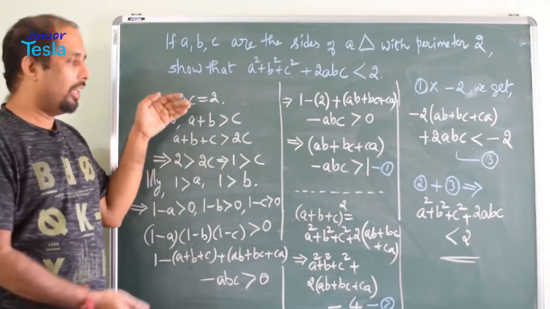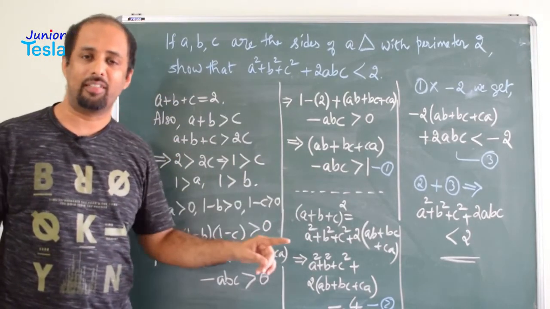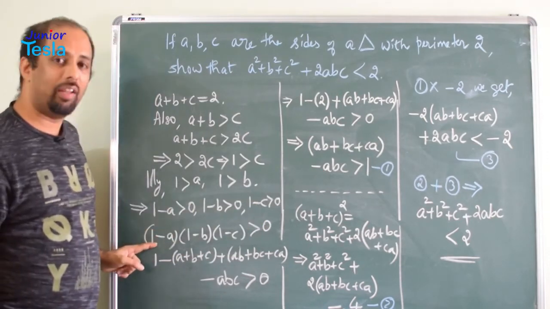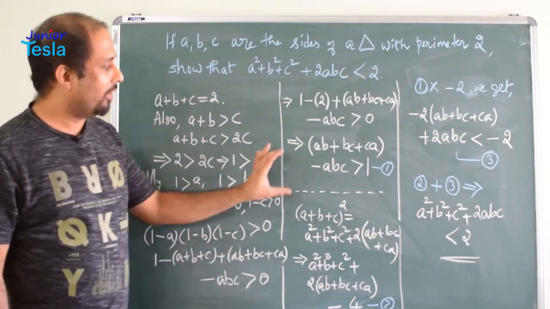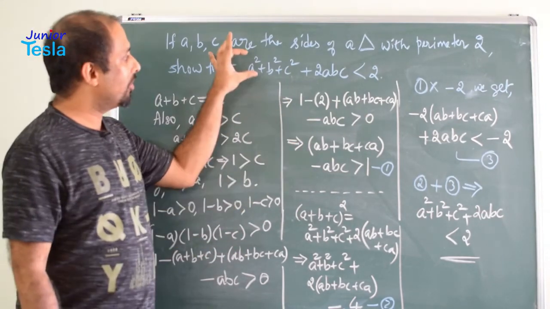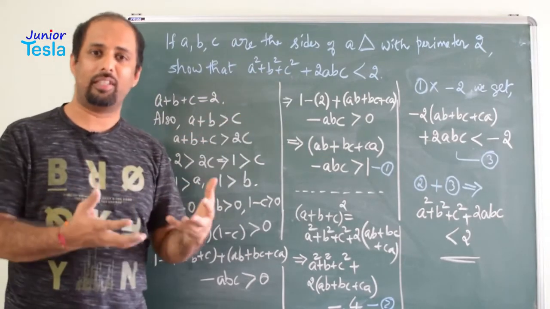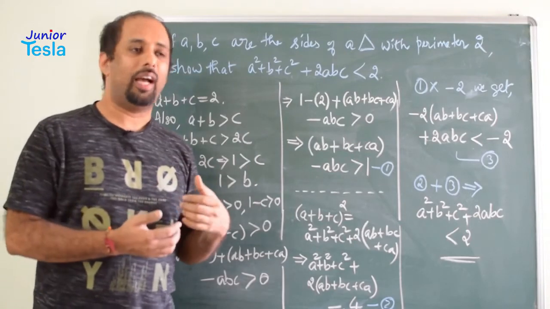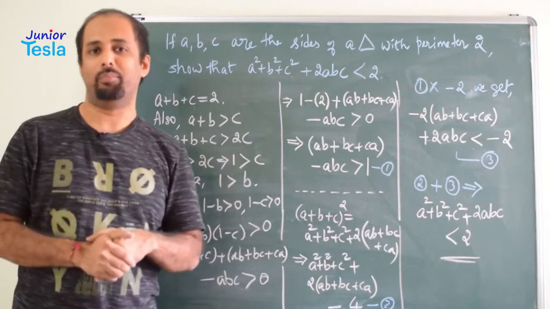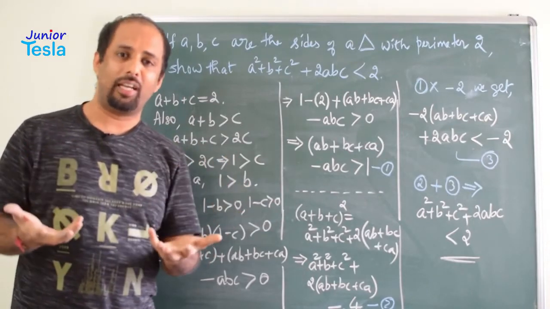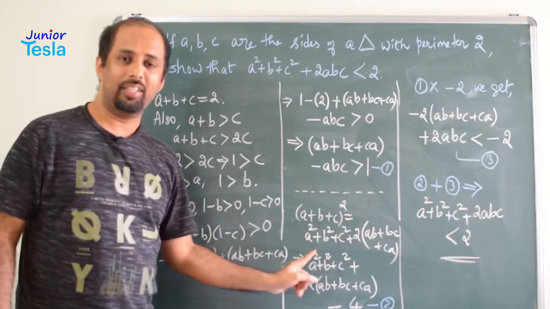We did that. Then we clubbed these two pieces of information and we got this, 1 greater than a, 1 greater than b, 1 greater than c. Then we wrote this inequality, multiplied all the things, and then we made use of the identity. Then we got this expression. Then again we went back to the problem. We saw what is given: a square plus b square plus c square is there in the problem, and abc is there in the problem. We already got abc, but we have not got the a square plus b square term. How do we get it? By using another identity, a plus b plus c whole square equal to this.